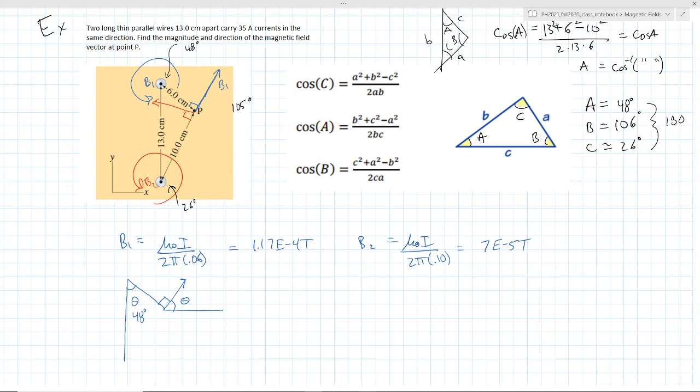So what that means is that we can figure out which components are which. In other words, B1x, the x component, would be B1 times cosine theta. And B1y, the y component of B, would be B1 sine theta. Okay. And we can kind of do the same thing with